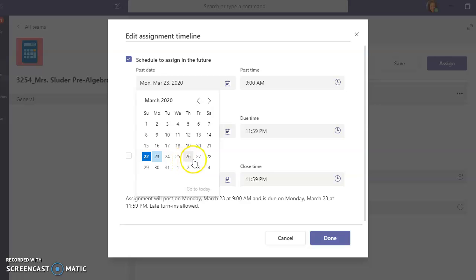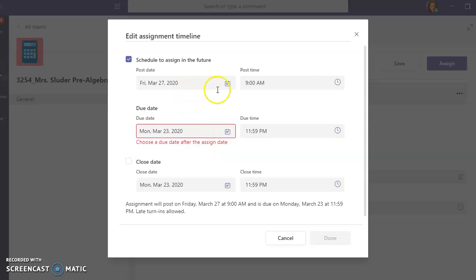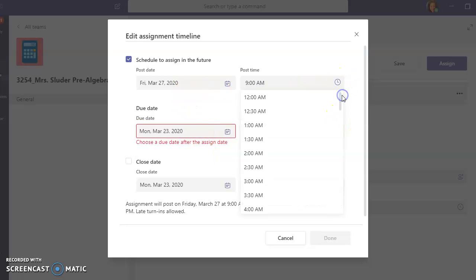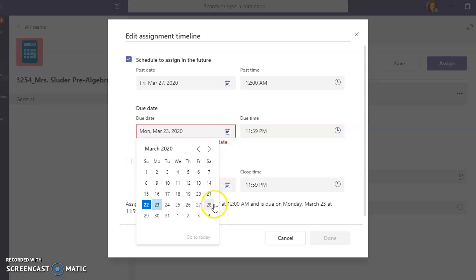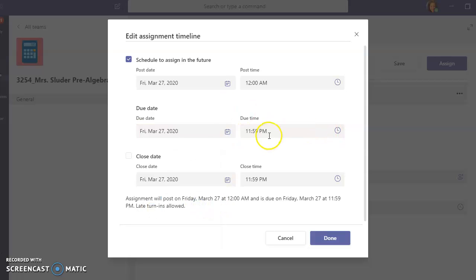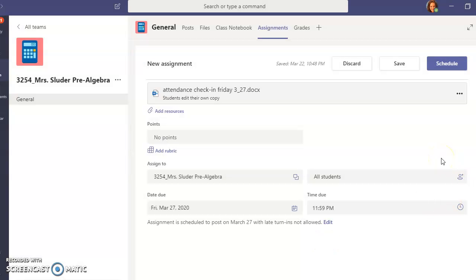It is currently Sunday night. I don't want them to have access to it just yet, so I'm going to schedule it for Friday, March 27th. As soon as March 27th happens at 12 a.m., and then it's going to be due that same day at 11:59 p.m. I also want to click the close date to be Friday 27th at 11:59 p.m. because it now says late turn-ins are not allowed, meaning they will only have an opportunity from 12 a.m. to 11:59 p.m. to answer this question and get marked present for attendance on that day. Now all I have to do is press schedule,